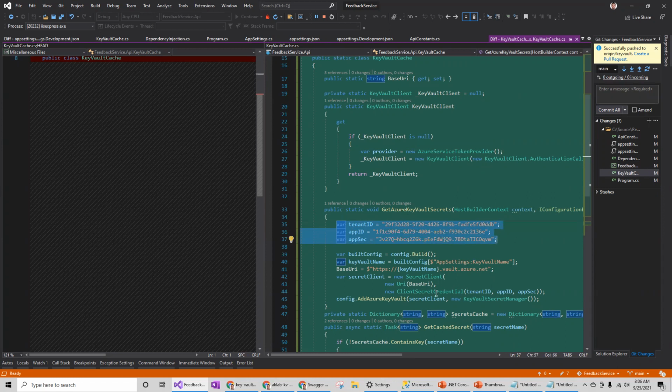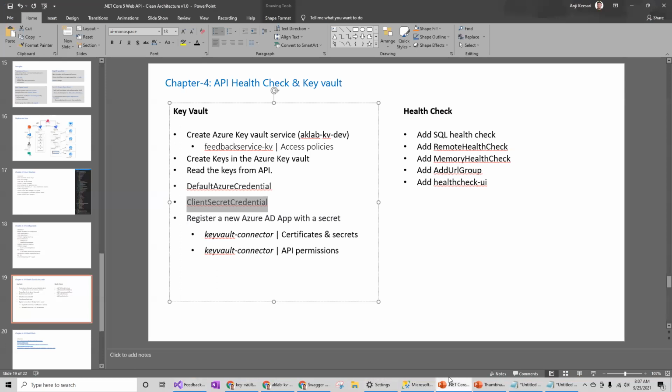So we'll still use the default one and then use the managed identity, enable the managed identity in the app service, and provide access to that service in the Azure Key Vault, so that when this app is running in the Azure service, we'll be able to still connect to the Azure Key Vault. So that's all.